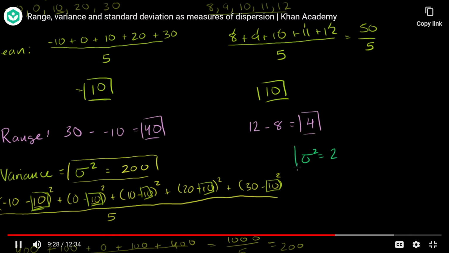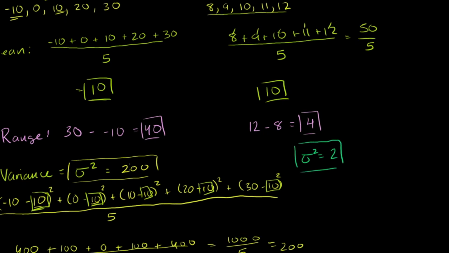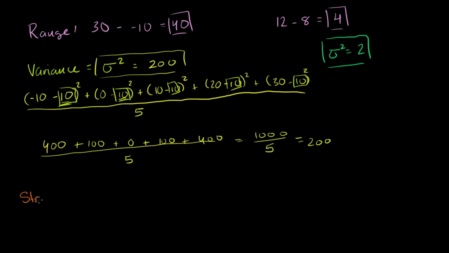So that gave you a sense. That tells you, look, this is definitely a less dispersed data set than that there. Now, the problem with the variance is you're taking these numbers, you're taking the difference between deviation, which is just